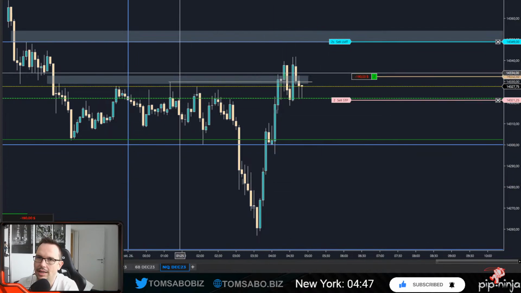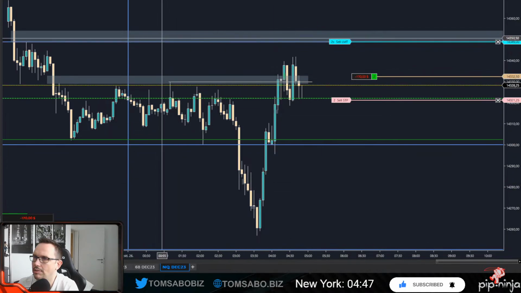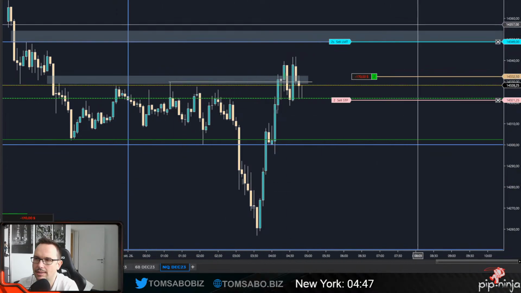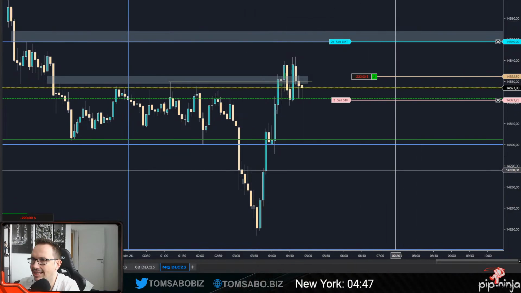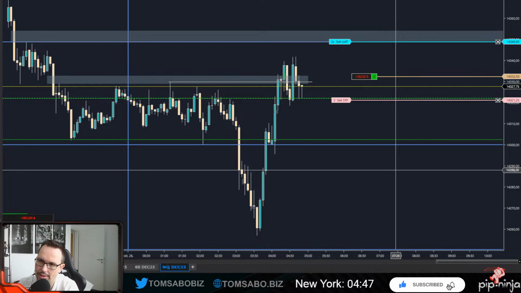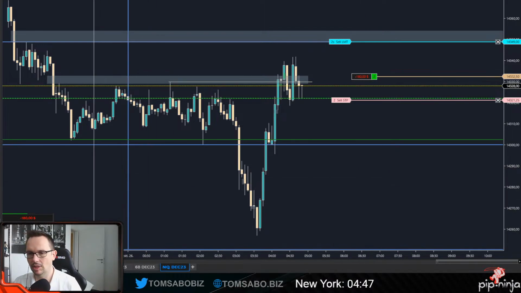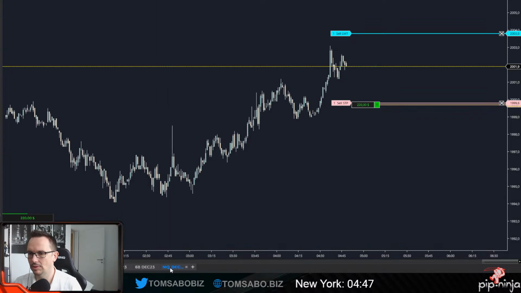This is 5 minute NQ, and as you can see up here, we have this beautiful imbalance. It'd be so nice if it would take it. We're just stuck here. Then I don't know what to do, because, you know, I can exit as well. Gold is still holding.